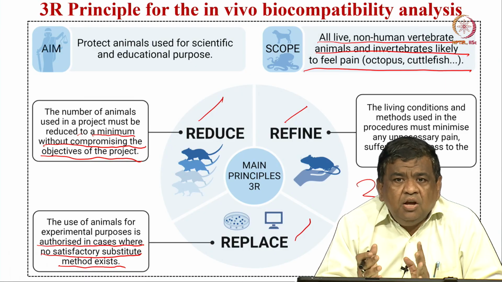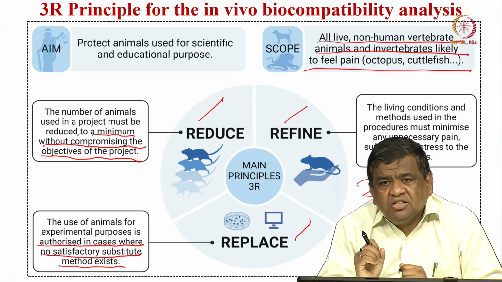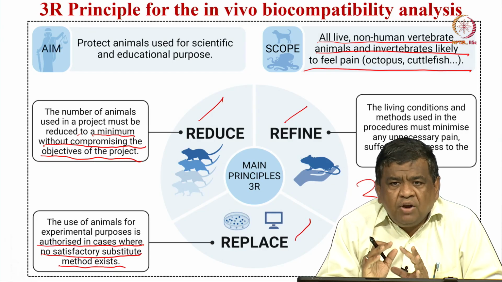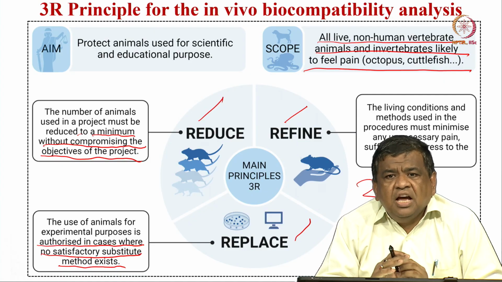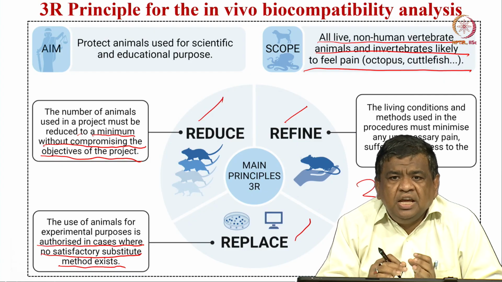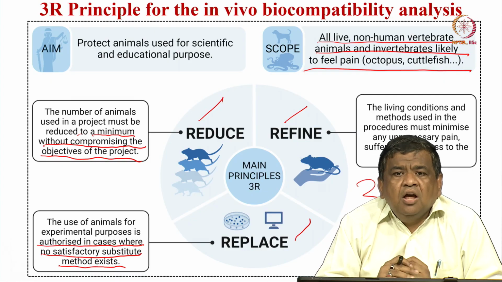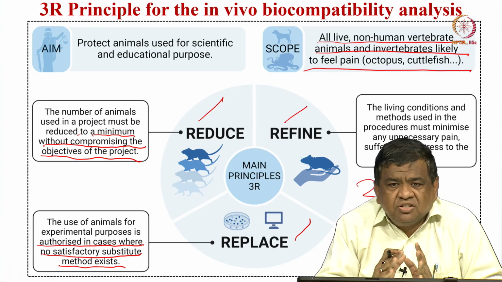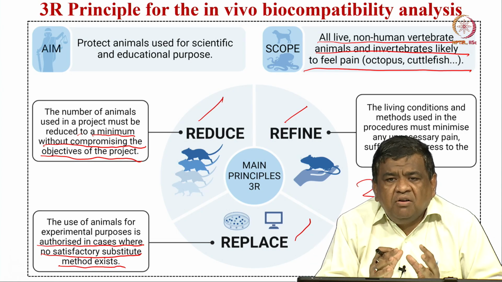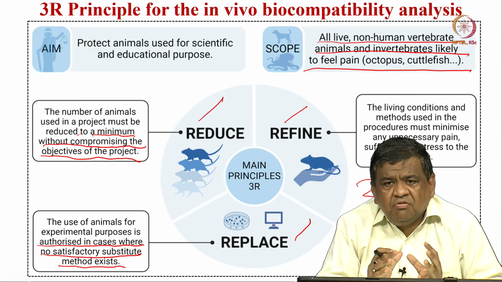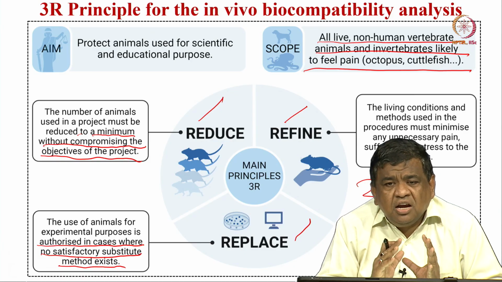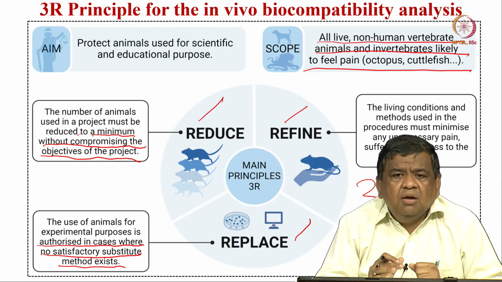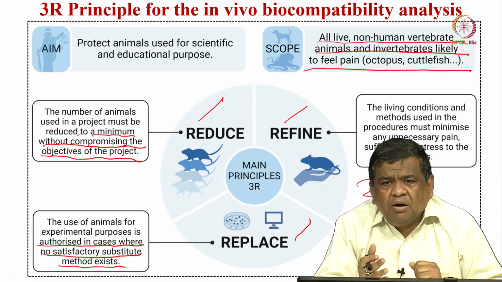For example, you want to do drug testing. Drug testing typically is done using animal models, but in some of the countries they are exploring the opportunity to see whether 3D bioprinted models can be used for preliminary drug screening, so that so many different drug molecules that are being discovered in different labs. Now, according to the ethical guidelines, if those drugs can be screened using 3D bioprinted models, for example, liver models